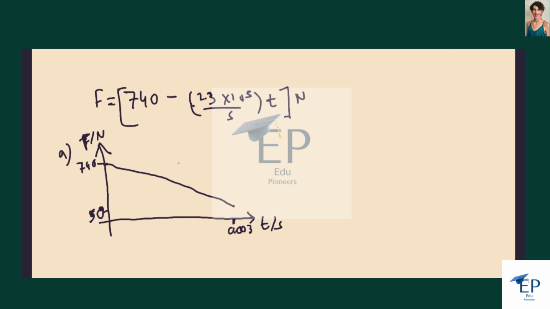This problem wants us to plot a graph. Given this equation for force in terms of time, we want to plot a graph of force versus time, from 0 seconds to 0.003 seconds. So the simplest thing to do here will be to plug in t equals 0 for F, and then t equals 0.003 for F,